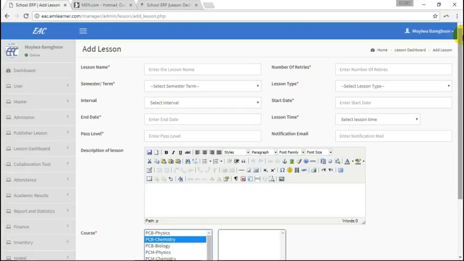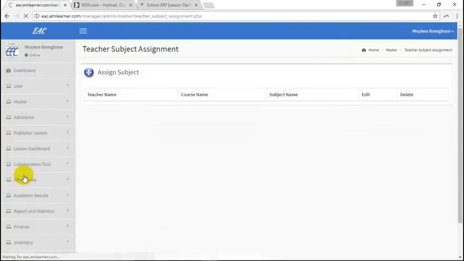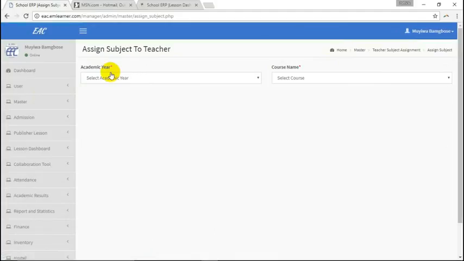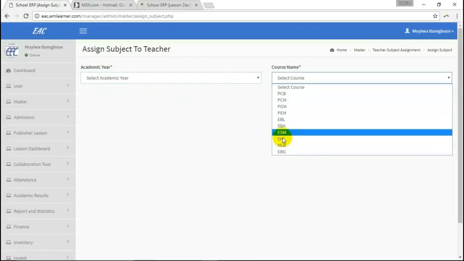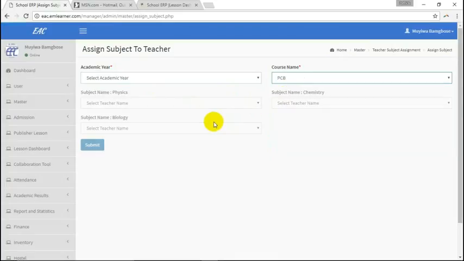Once the teacher is being assigned, we go to the master and go to subject assignment. In subject assignment, you add assigned subject. We don't have teachers here, and so we'll drop down. We have not created an academy. I'm going to create an academy in a few minutes. And then for each academy here, you see that? Once you pick this, it will roll out the subjects related to it, and you will drop down.